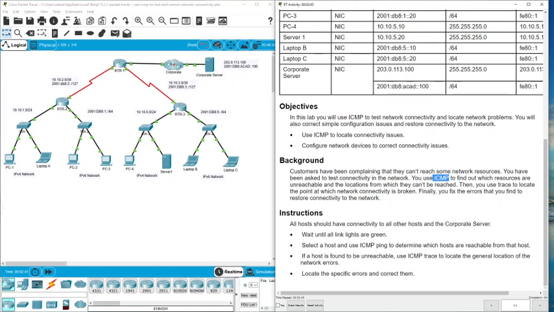Okay, instructions. All hosts should have connectivity. Wait until the lights are green, and now they are green. Select the host, use ICMP ping to determine which hosts are reachable, and if a host is found unreachable, use ICMP trace to locate the general location in the network, and then finally locate the specific error and correct it. So what I'm going to do now is use PC1 and try to ping other nodes